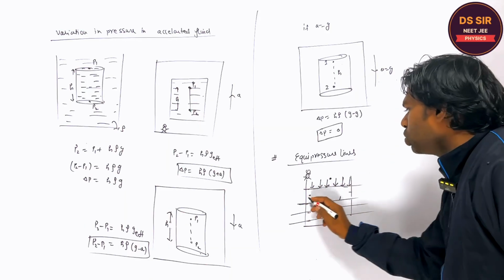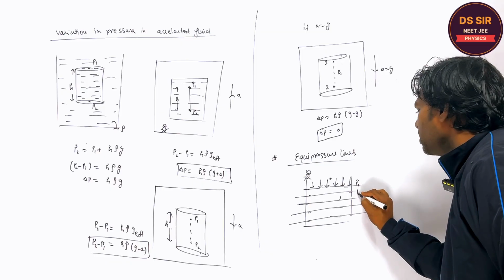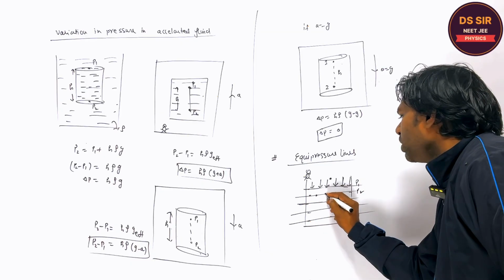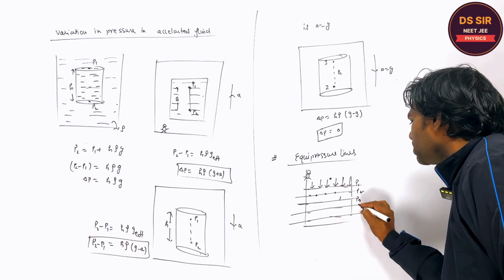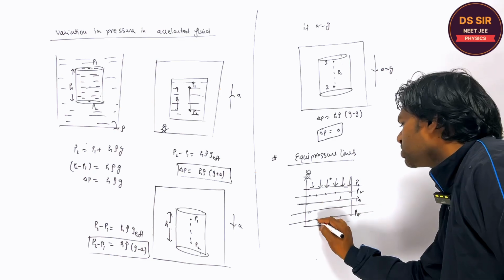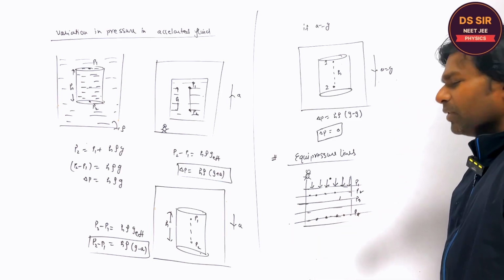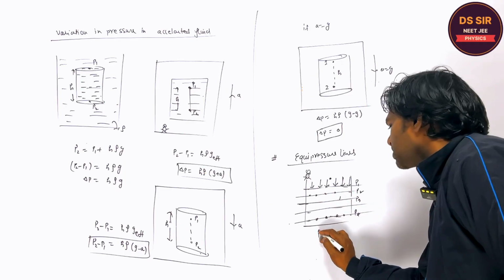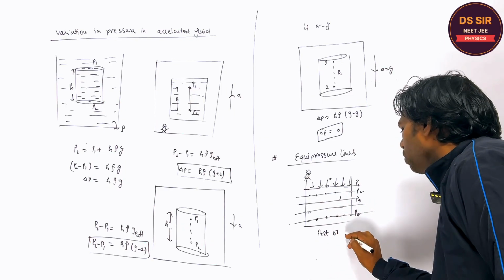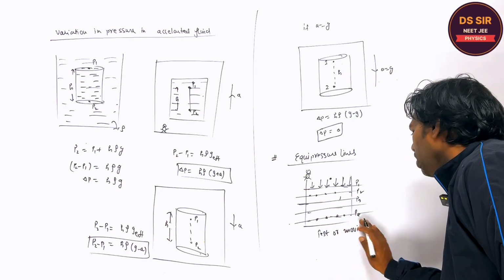And these are the equipressure lines. If this is P1, P2, so at every point the pressure is P2. If this is P3, if this is P4, like this. So at every point the pressures are the same. If it is at rest or moving up or accelerating